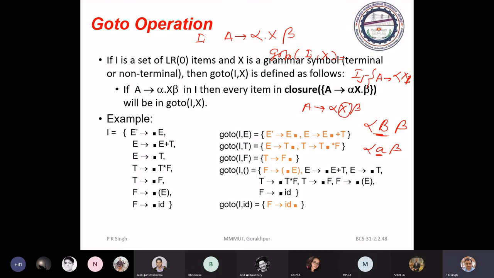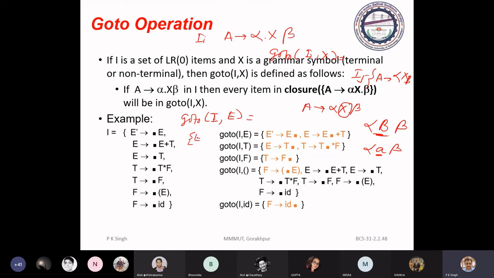Now see here, I is an item set you have just computed in the previous slide. Now goto(I, E). See what you get. E is a non-terminal. So we have these two items.